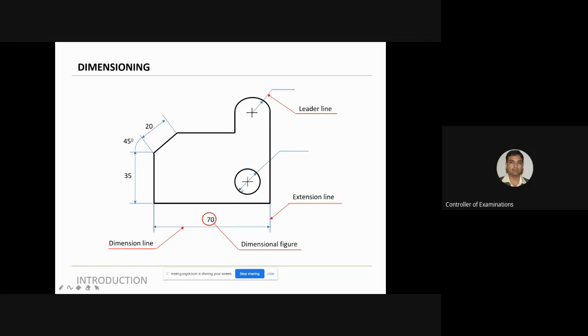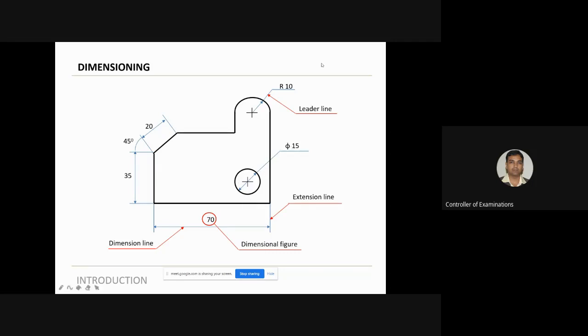Same thing here, from the center indicating both the limits, take out the leader line and then place the value. For example, in this case, the radius of this semicircle is 10 mm and the diameter of this circle is 15.